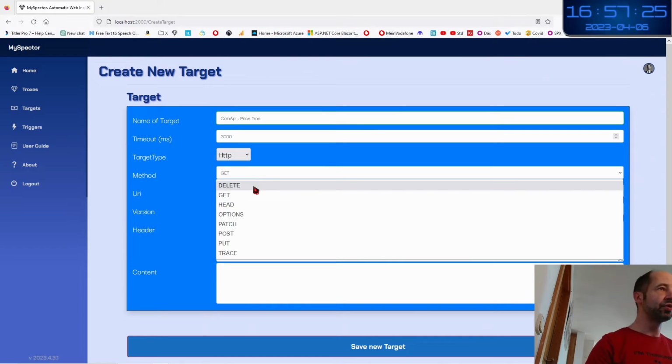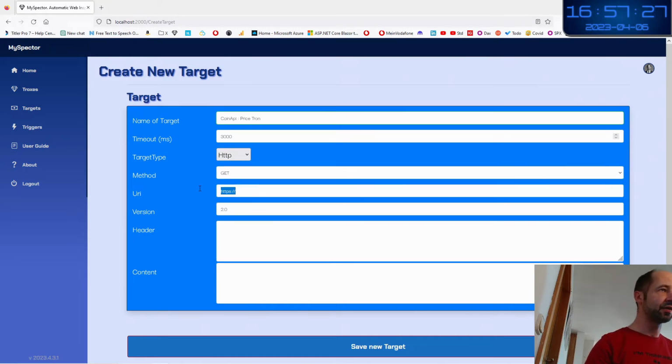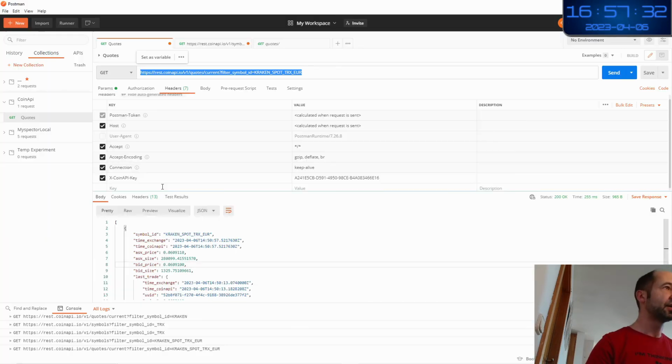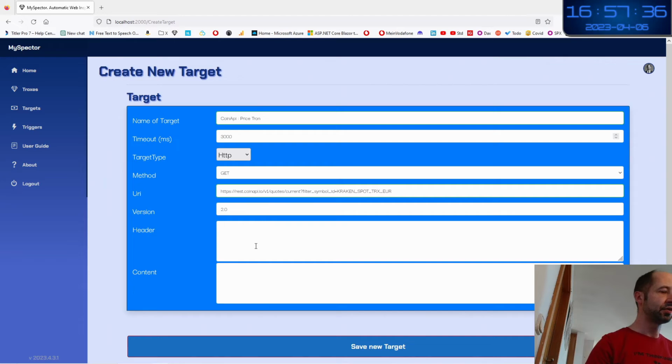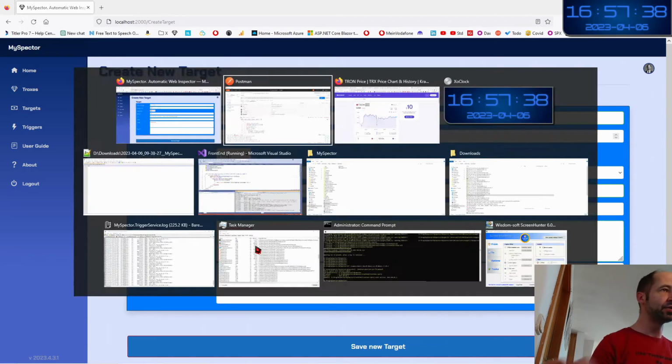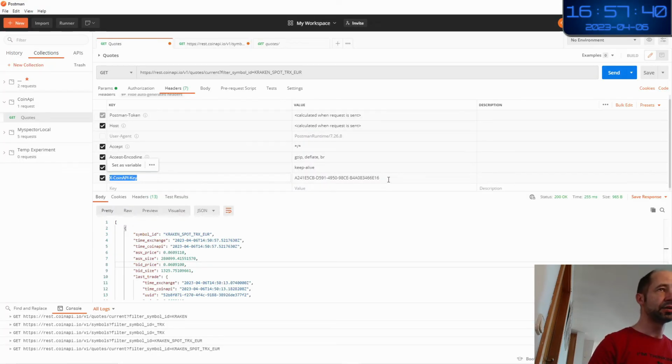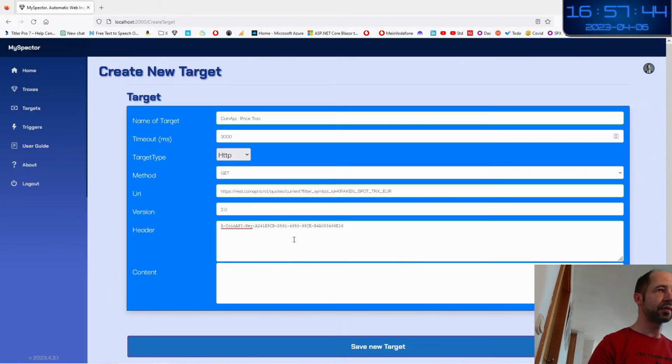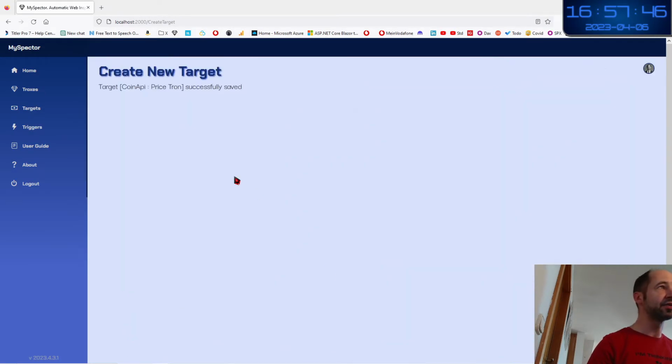I put the GET method, the URI and the header. So I'm going to copy the header entry here with the value here. And I save the target.